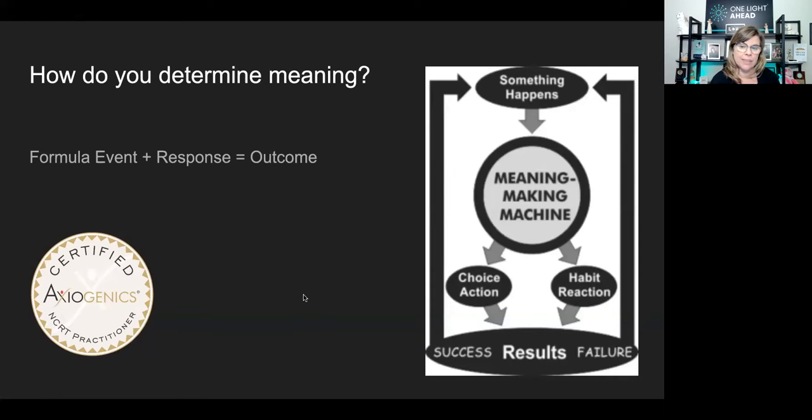Something will happen, and then our brain will create the meaning-making machine and choose an action or react based off a habit. And we will either have success or failure, or we will appreciate the results. This visual has a whole depth of detail to it. I'm just giving you the perception to start planting the seed, because our brains will choose our meaning and our message based off of how we define our filters that we run it through. And the way I talked about in our Possibility Monday video is we all have what we call a reticular activator system that has decided what we are looking for and how we get things on our radar.